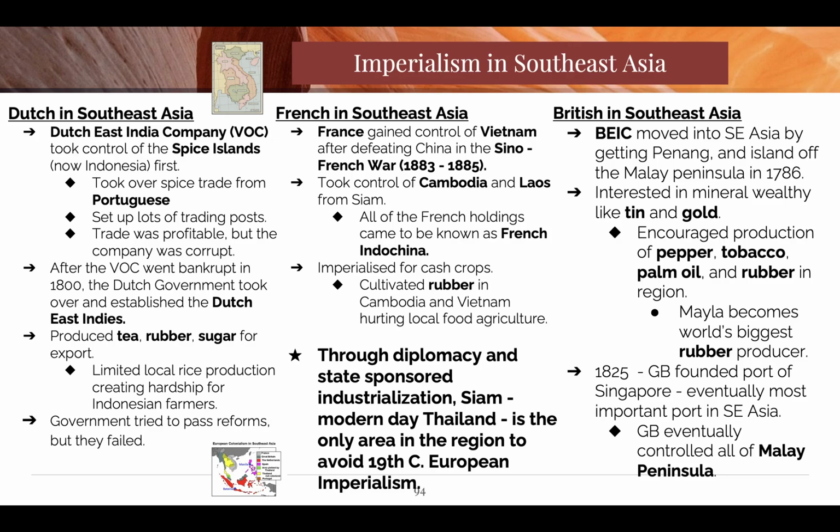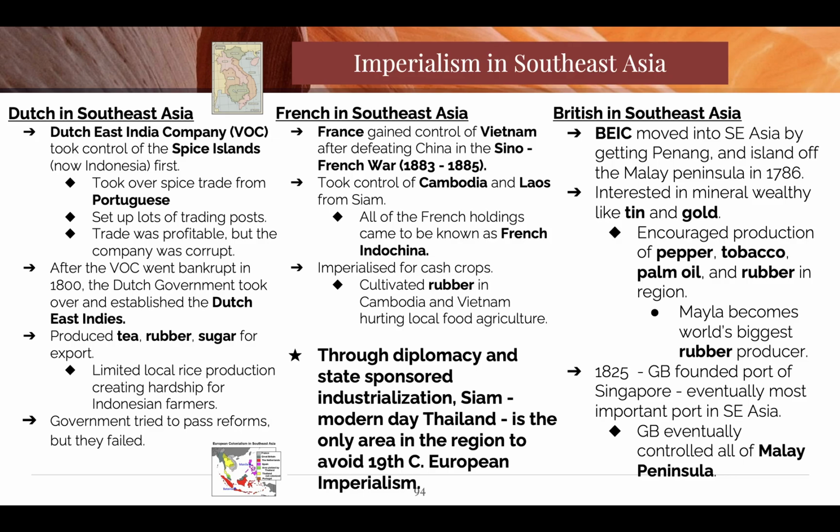Okay, so the Dutch are going to have some territory, but they're going to be losing a lot. The French really only have Vietnam. That's a huge deal. Vietnam eventually is going to be taken back from France by who? Ho Chi Minh is eventually going to take back Vietnam from the French after World War II.